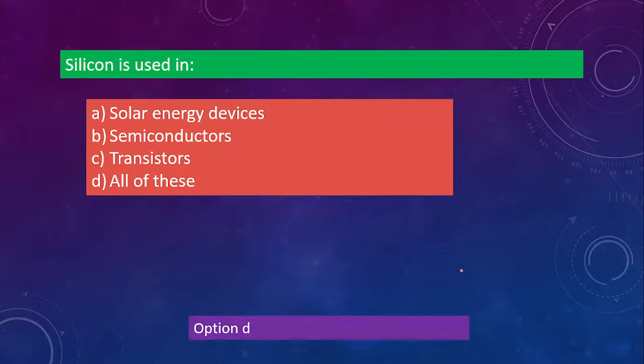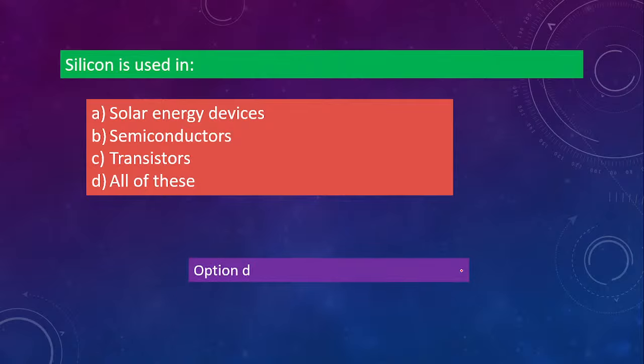Okay, let's see the answer. So option D. It's used in all the three options. Silicon is used in solar energy devices, semiconductors also, and transistors also. So it's not only for semiconductors but also in the other two. So silicon is used in all the three. Okay,